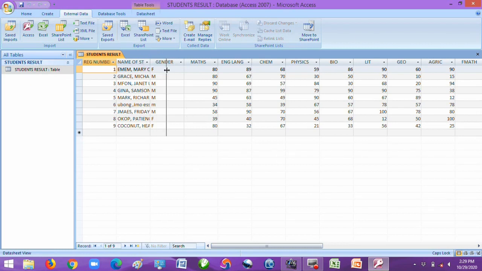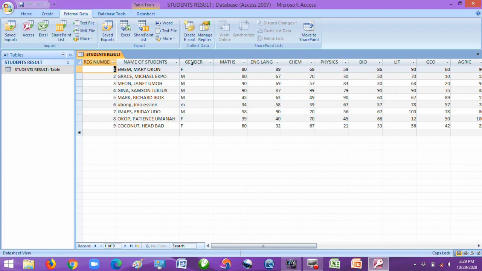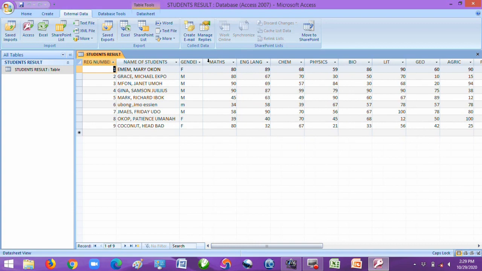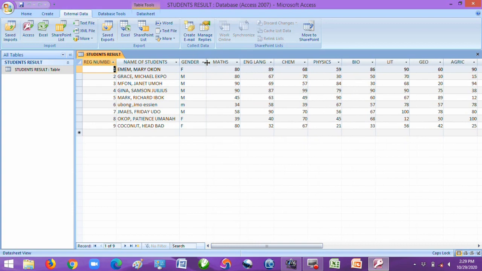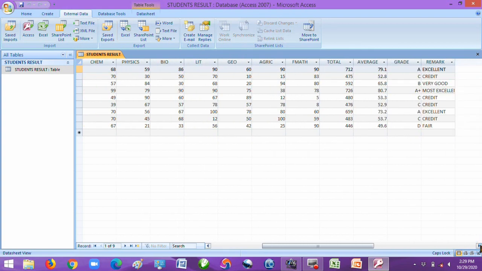That means you don't have to stand in Access and create a table. You can create your table in another application like Excel and then later bring or import the table into Access application. As you can see, this is the complete table that we have prepared in Excel application. Now, having this table in Access will enable you to use the table to create various things